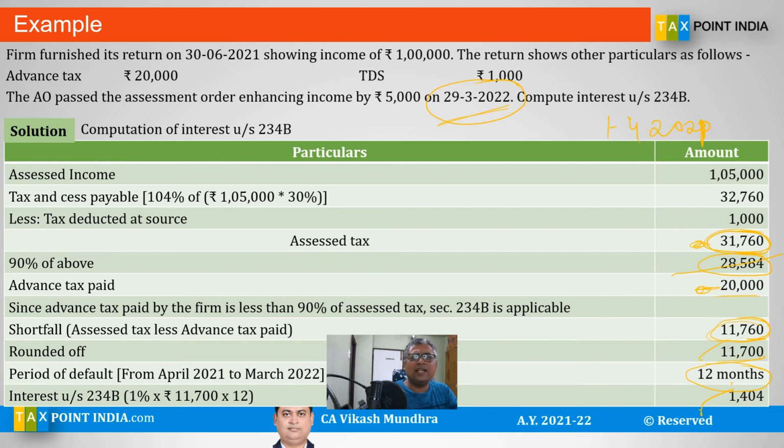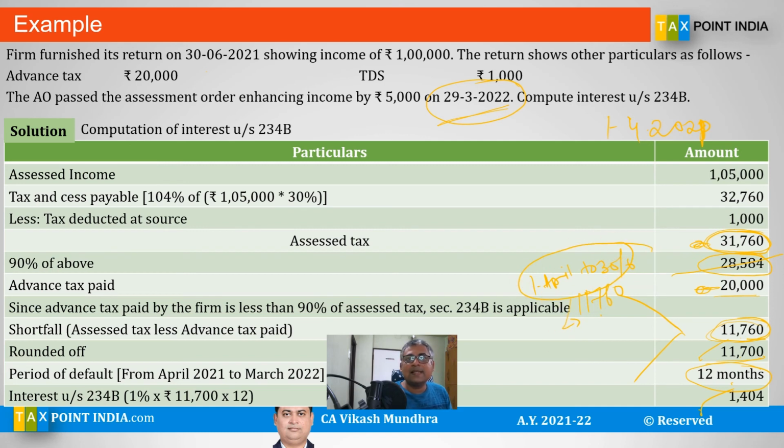Suppose you paid only 10,000 while filing your return of income, and in that case, for 11,760, suppose the return was filed on 30th June, from 1st April to 30th June you are supposed to calculate interest